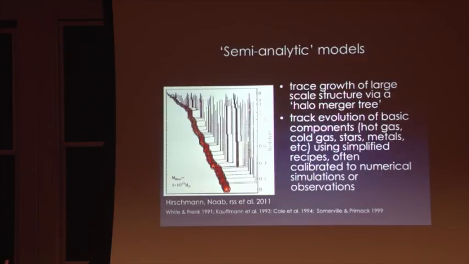And then within each of these halos, we have basically simple spherical cow kinds of approximations. They're simplified models, but they're based on physical principles that tell us how much gas accretes into the halo and cools, forms stars, produces heavy elements, forms black holes. You can put in whatever you like. And then, as I mentioned, we calibrate these recipes by matching certain observations. And in many cases, we also check that we get the same answer as what you would get with a fully numerical simulation.